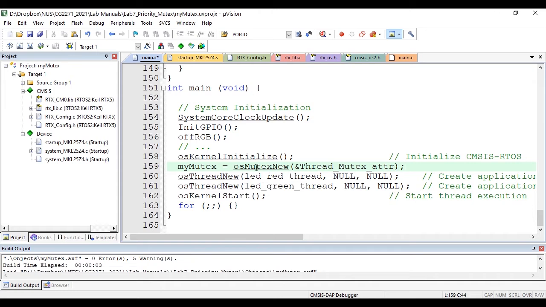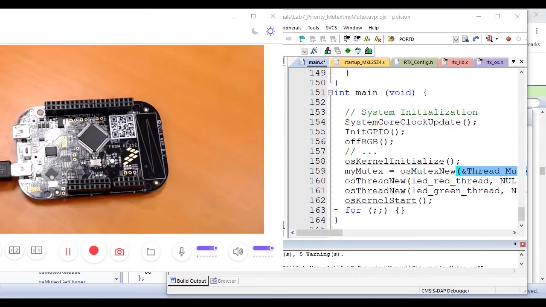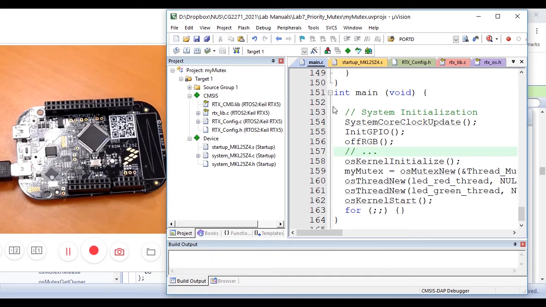So when I create the mutex now, it will have the attribute of being recursive. That means the same thread can acquire the mutex again and again, whichever thread has the mutex. So let's see this in action. If I build this code right now,